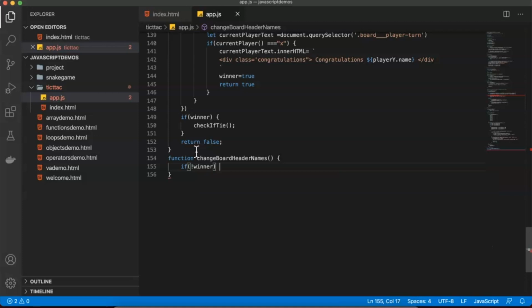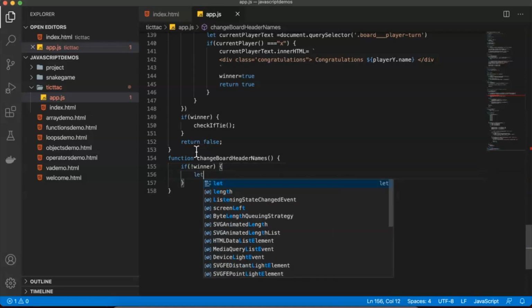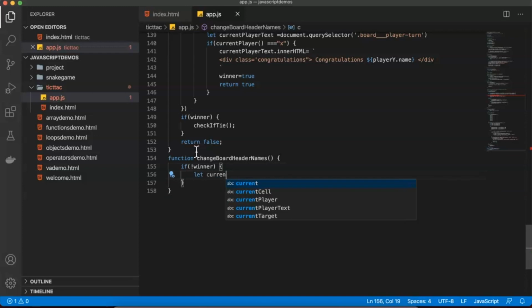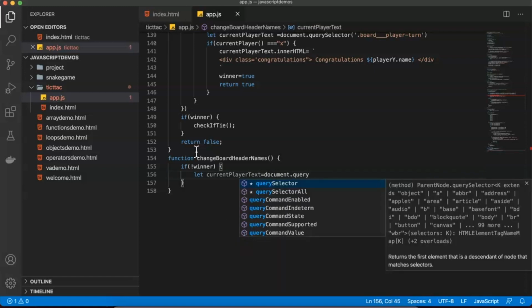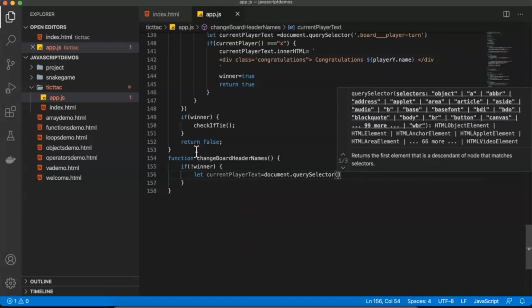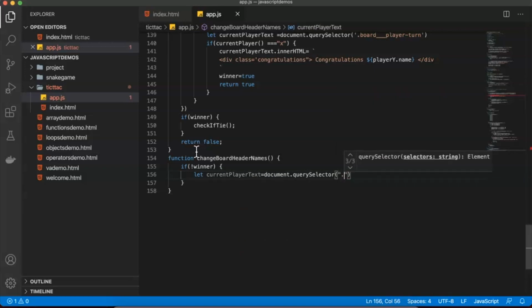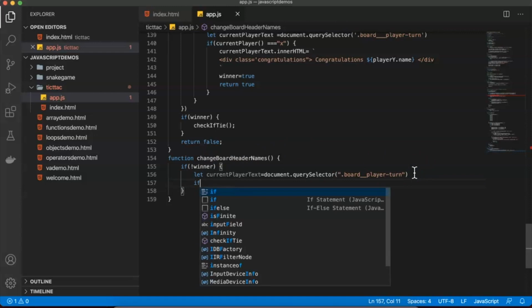then in that case we have to say let currentPlayerText equal to document.querySelector. In this we'll be getting the details like .board, and here we're going to give the name called player-turn. Now later on, after this particular variable, we have to check the condition by saying if